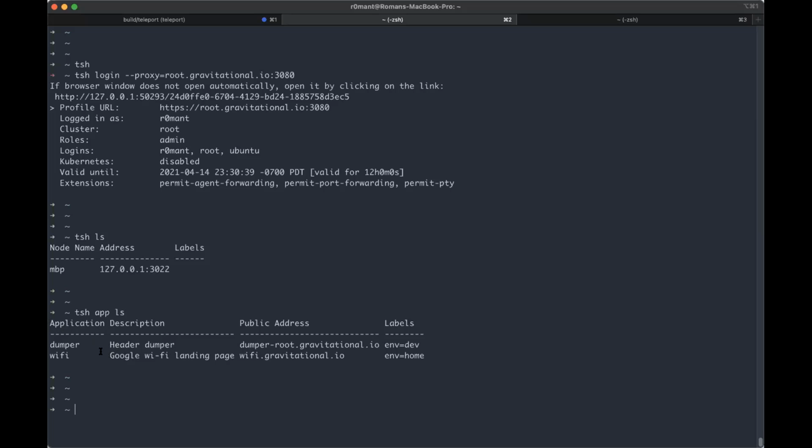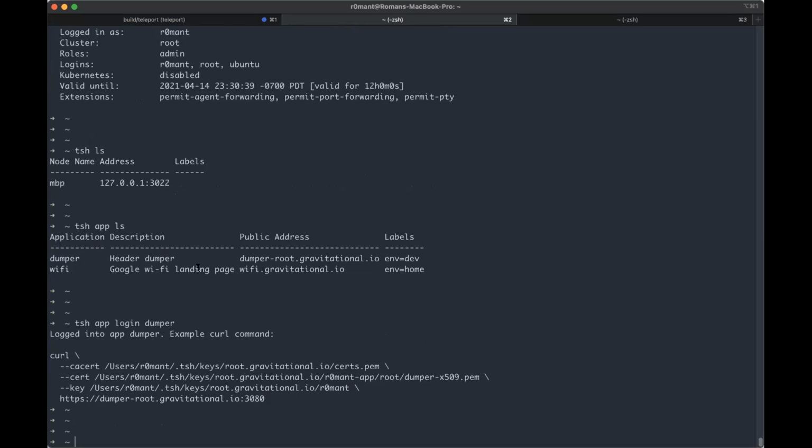And now let's say I wanted to make a request to one of these applications, right? So let's take this dumper app again as an example. In response, I would expect it to return me the headers. In order to call the application's API, the first step I need to do is to retrieve a client certificate, right? Like I mentioned in the beginning, Teleport uses client certs for authentication with everything, and web apps are not an exception. So if I execute this tsh app login command, it will retrieve credentials for this particular application, specifically an X509 short-lived cert for this app,